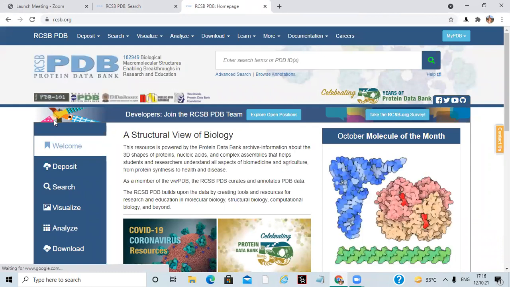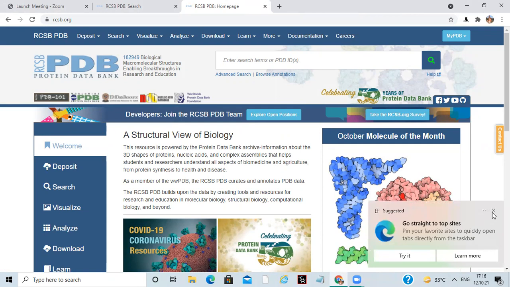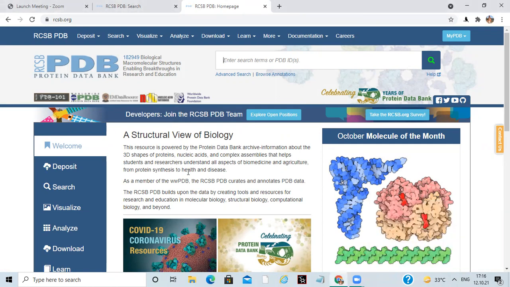Tomorrow's lecture will be completely based upon modeling, and we will start homology modeling from tomorrow. For tomorrow, I will let you know how to download Modeler. Using Modeler, we will learn homology modeling. We also have multiple tools present online that we can use to design a structure. I will give you a list of tools also, and for the time being, we will install Modeler on our system.